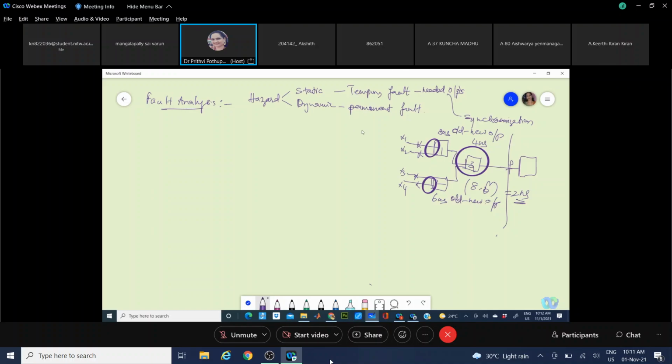But a dynamic hazard is a permanent failure. Whatever you do, however long you wait, there is a fault permanently happening at the circuit level. The probable reasons for a dynamic hazard are a break in the wire, a broken path, a short between the wiring, or the device itself not working properly.